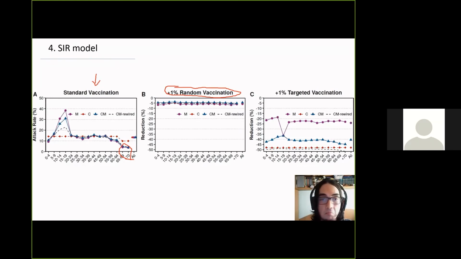And we see a homogeneous reduction for all the models. But we say, now that we have a lot of data about individuals, let's try to be wiser and target the vaccination. So how do we target that when we only know the age mixing patterns? We target the group with the most activity, which in this case are the young individuals. That's why the reduction is really large there. Note also that this already is much better than the random vaccination. But still, if we now go to a network, we obtain a much higher reduction.